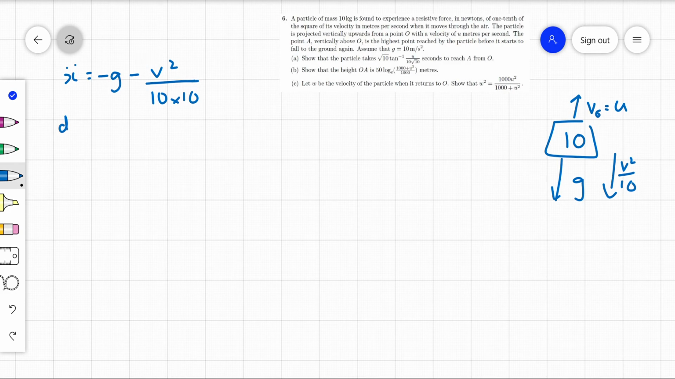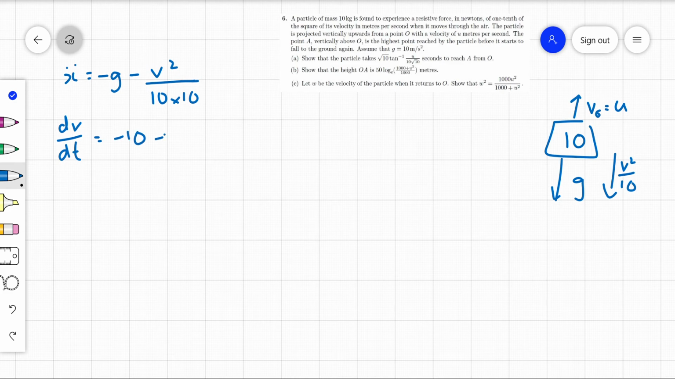So because I want to look at the time the particle takes to reach A from O, A being the point vertically above O, the highest point reached before it starts to fall to the ground, we know that the velocity is 0 at that point. So we know we want dv dt. So let's go for dv dt,